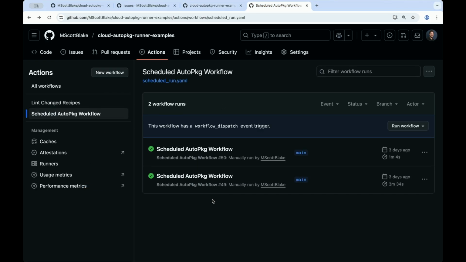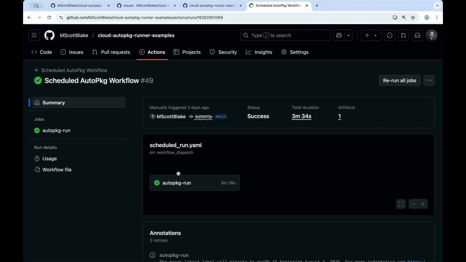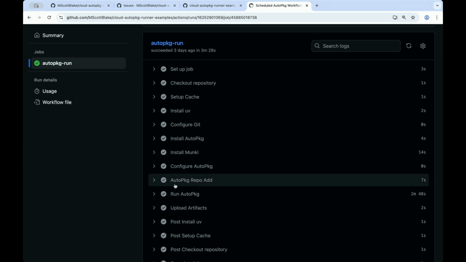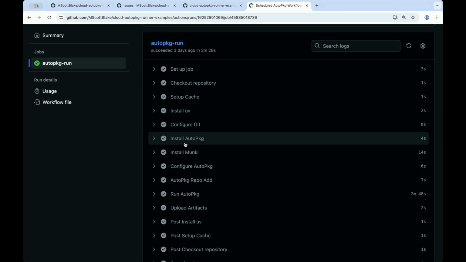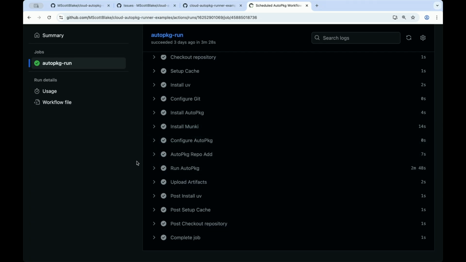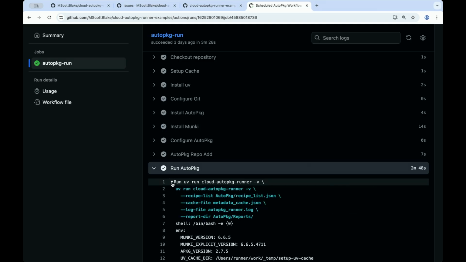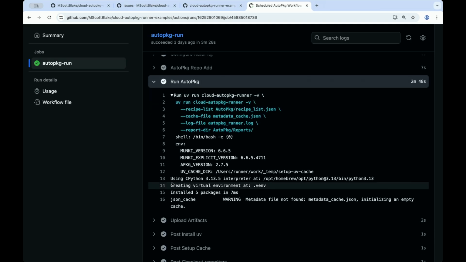And then these two are 2 runs that I actually ran a few days ago. You'll notice that the total time is 3.5 and 1 minute. I'll dig into each of these a little bit. This one ran with no cache, no metadata cache, nothing. It's the very first run essentially. So in here you can see the steps that everything took, right? We set up that cache, we installed AutoPkg and monkey. The run command, I'd used 1v in here. I probably should have used 2 to give a little more information.